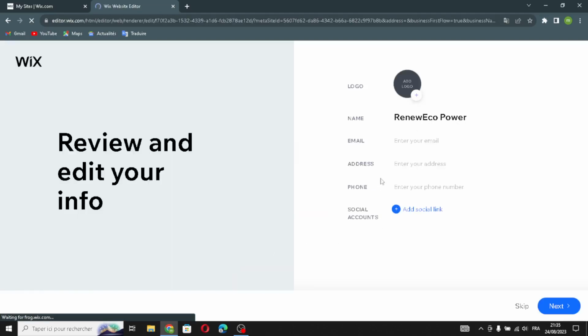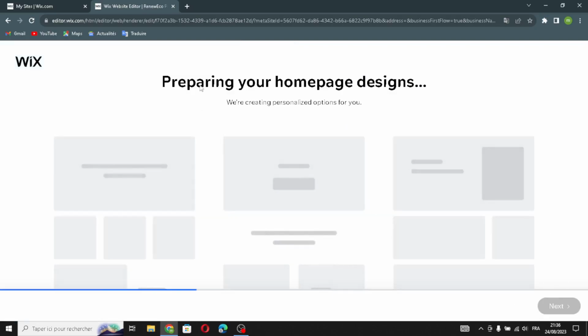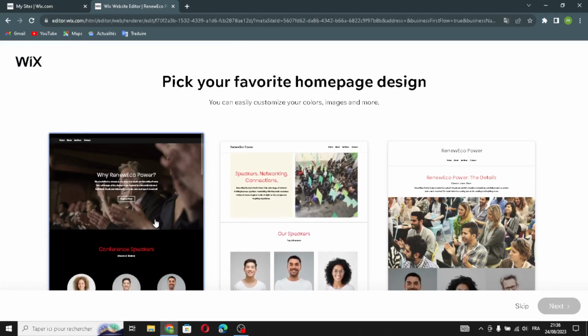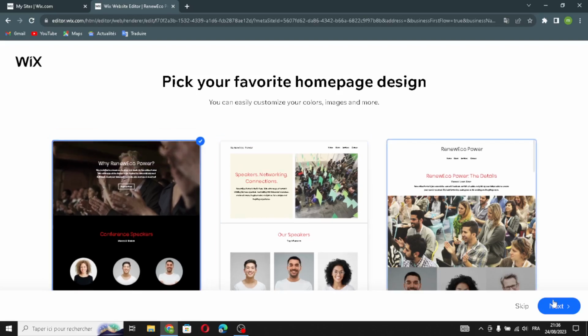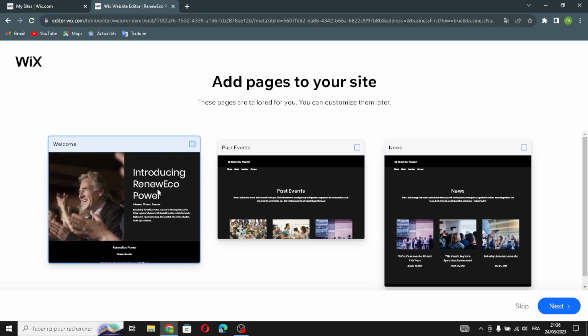Now enter your information here, your email, your address, your phone, and your social account here if you want to add a social link. Pick a theme you like. So for example, this. Wait a few seconds. And now here, pick your favorite home page. Continue. Here, if you want to add a page to your site,